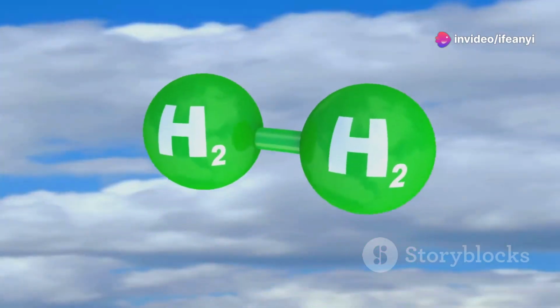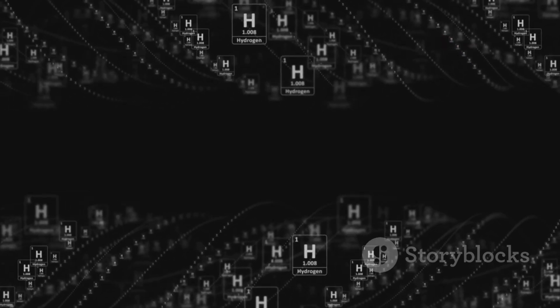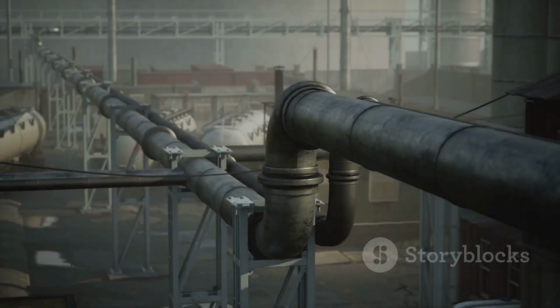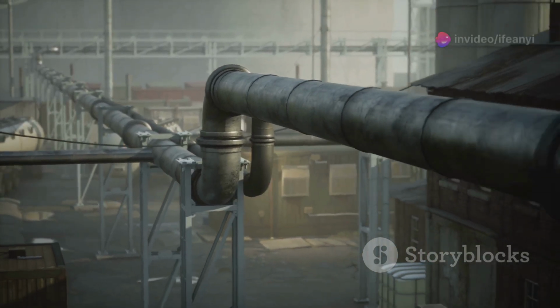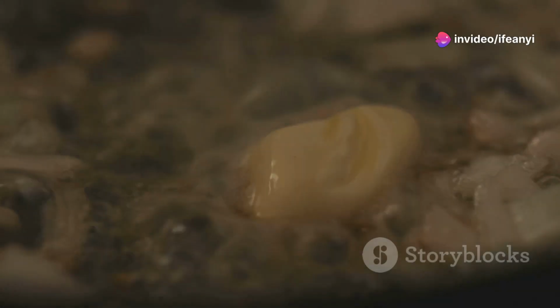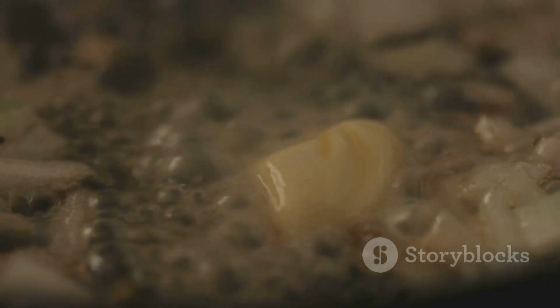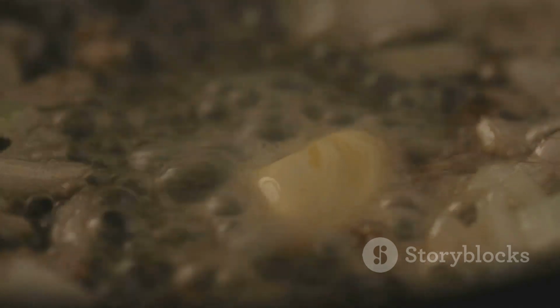One hydrogen atom adds to one carbon of the double bond, while the other hydrogen atom adds to the other carbon, effectively breaking the pi bond and forming two new C-H sigma bonds. Hydrogenation has significant industrial applications, particularly in the food industry. Unsaturated fats containing carbon-carbon double bonds are often hydrogenated to convert them into saturated fats.